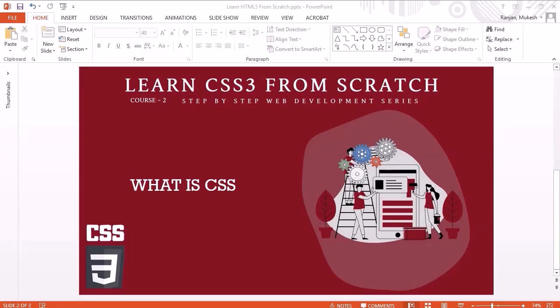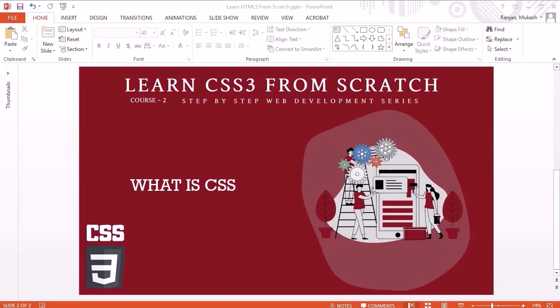You might have gone through my previous course, that is course 1, where we have learned about HTML and where we have designed some HTML documents, and those web pages were not looking very good. There was no such design. So now this is where CSS comes into the picture, where we use it to beautify the HTML pages, or say HTML documents, to make them more presentable. Basically CSS grabs all the content of HTML and fits the content within the web pages as per your